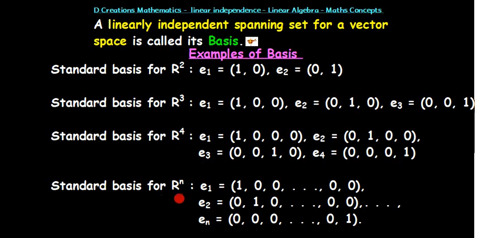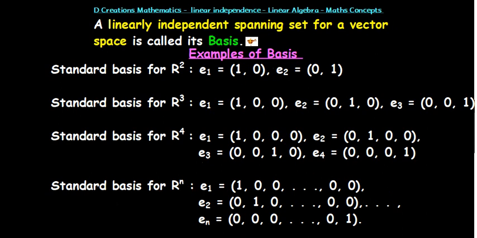Now, if you go on continuing in this manner, you can have a general expression for standard basis for Rn, the n tuple. So, if you have vectors E1 which is 1, 0, 0 up to 0, of course there are n terms. Similarly, E2, 0, 1, 0 again up to 0 and En 0, 0, 0 up to 1. And of course there are in between terms E3, E4, etc. So they form a standard basis for the vector space R raised to n.